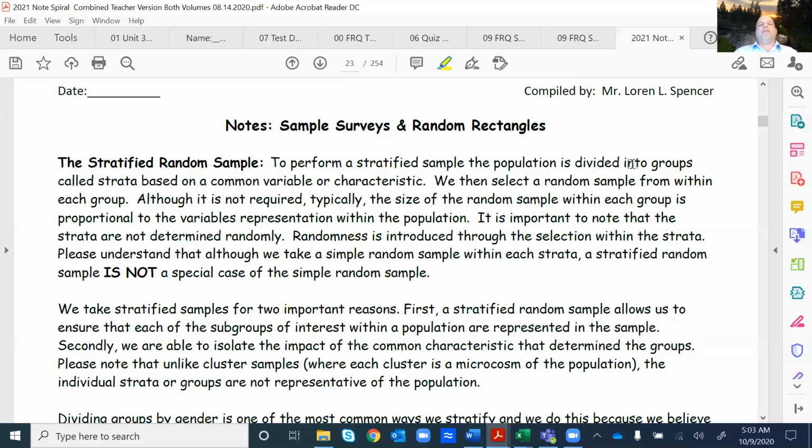So I break it down, stratified, based on something that I believe will impact the study. In other words, I know something. I know something that I think is going to impact it, and so I'm going to break them down into